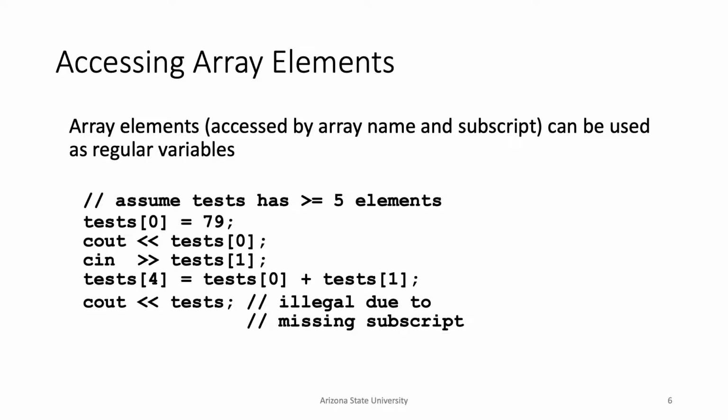Start at 0. Right, exactly. So yeah, just keep that in mind. If you want to print the last thing in an array, look up the size minus 1 index of that array. So here, if there are 5 things in here, tests of 4 gets the last element in tests.